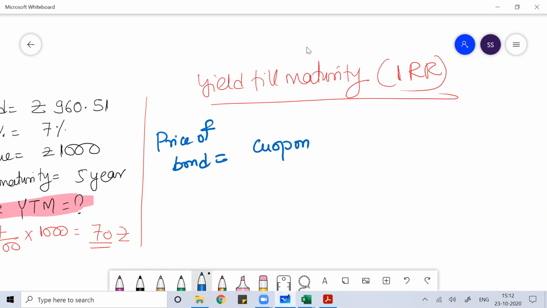So what benefit do you get? At the end of every interval, the bond will give you the coupon. Whatever coupon the bond will give you, you know the time value of money: the value of money never remains the same. So you should determine the present value of this. Find the present value of all the future cash inflows you're getting. The future cash inflow you'll get is in the form of coupon after every regular interval of time till its maturity.